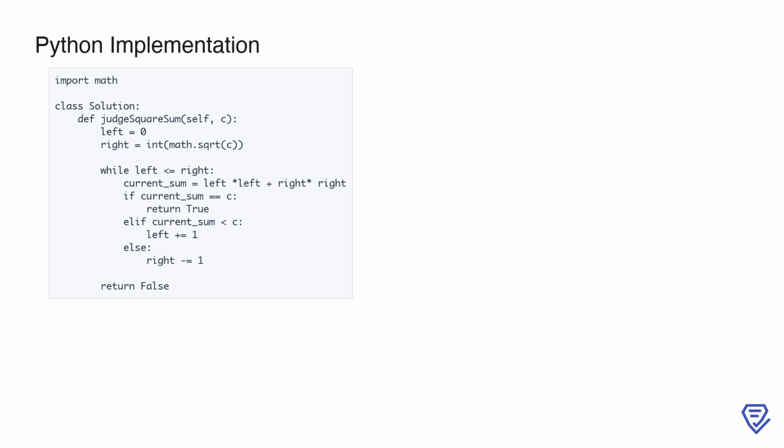Time complexity: O(sqrt(c)), because the loop iterates at most from 0 to sqrt(c). Space complexity: O(1), since only a few variables are used. This approach is efficient, leveraging the two-pointer technique to avoid unnecessary calculations and iterating only within the feasible range of